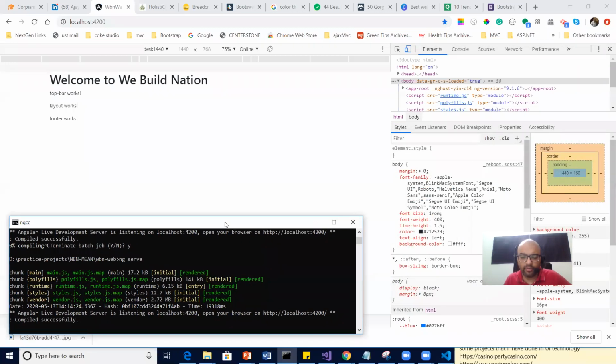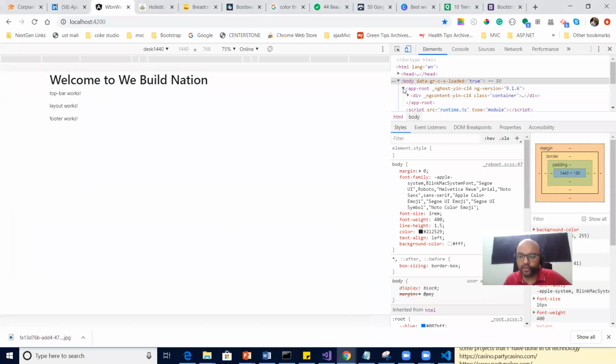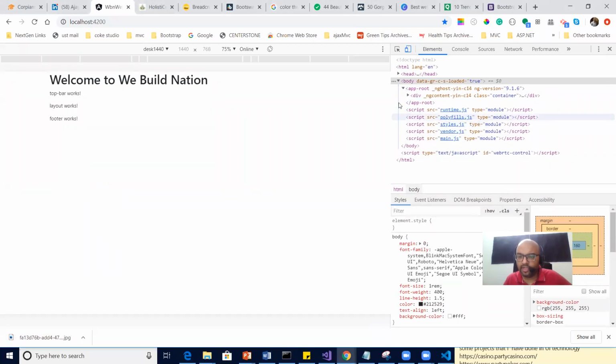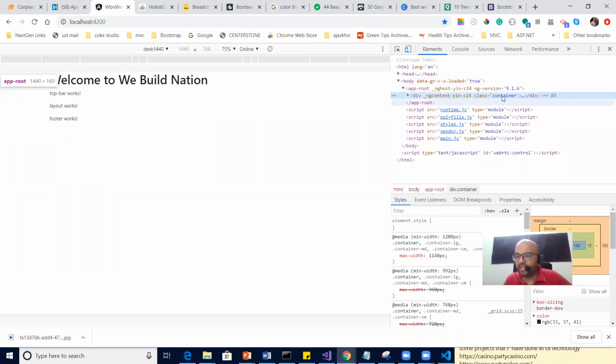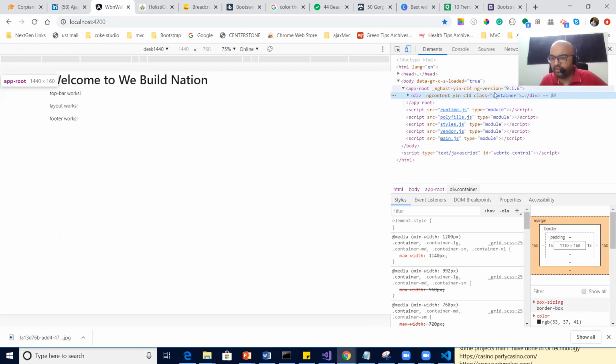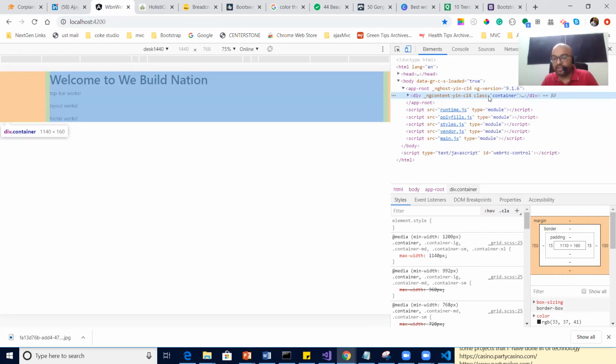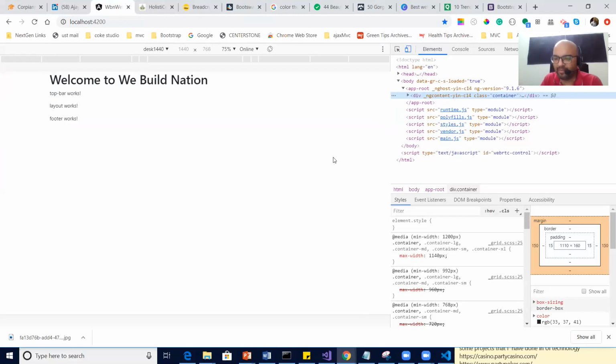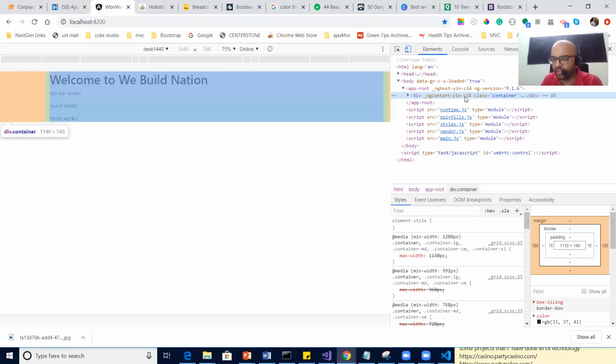You know why? I'll show you. Wait a minute. If you expand this app root, you see a div. Inside the div we have container. When I click on this, guys, this is very important, please focus on that, because this is going to be your bread and butter. Why? Because you will be checking all your styles, all your contents, things working, not working, loaded in the DOM, not loaded in the DOM. For all those things, you have inspect element, your developer tool. So here you can do a lot of things.